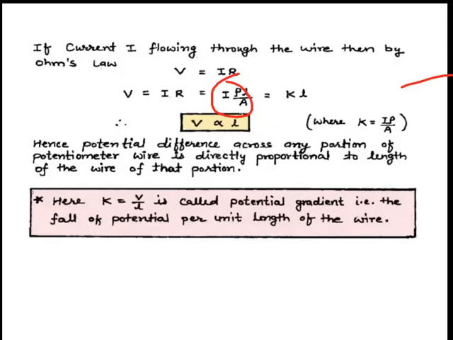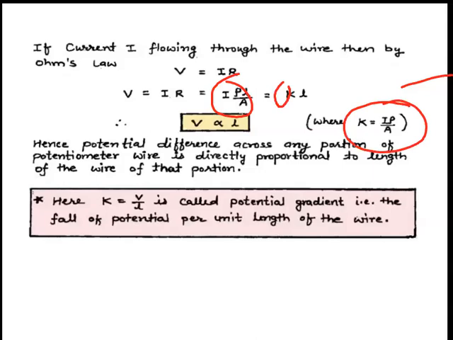So length is changing na beta. From 0 to 5 centimeter, 10 centimeter, 12 centimeter, 100 centimeter. So what you are changing is length. What all is constant? I current is constant, resistivity is constant, area of cross section of the wire is constant. So all three constants we are replacing by a K. So your K equals I rho by A.